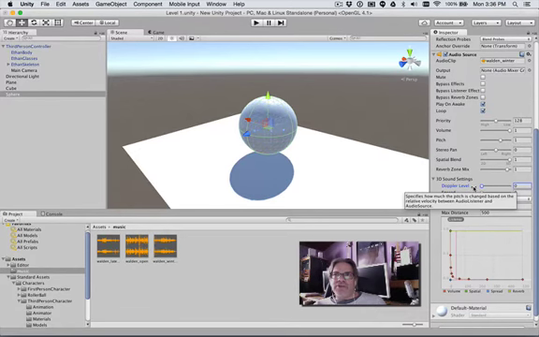Doppler is the effect of when a sound is going past you at a high rate of speed. Say you're at a train stop and a train goes by you, and the pitch of the ringing of the train will actually start to drop as it flies by you, right? That's called Doppler shift, and it's really common in, say, racing games. But in a game like this, I don't need any Doppler shift, so I'm turning that to 0. So now when I play my game,